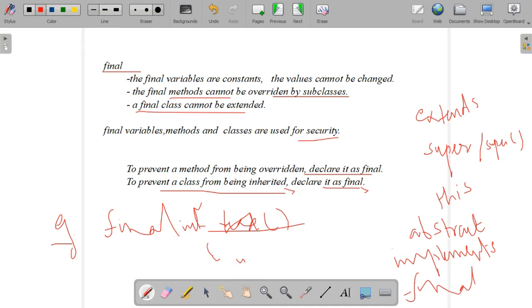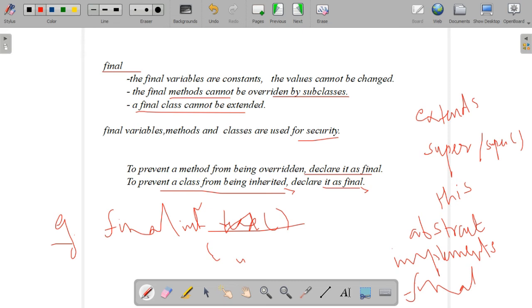And the last one is known as the final keyword. A final variable can be converted into a constant by using the keyword final. If you are declaring a class as final, the class cannot be inherited. If a method is written as final, that method cannot be overridden in subclasses.